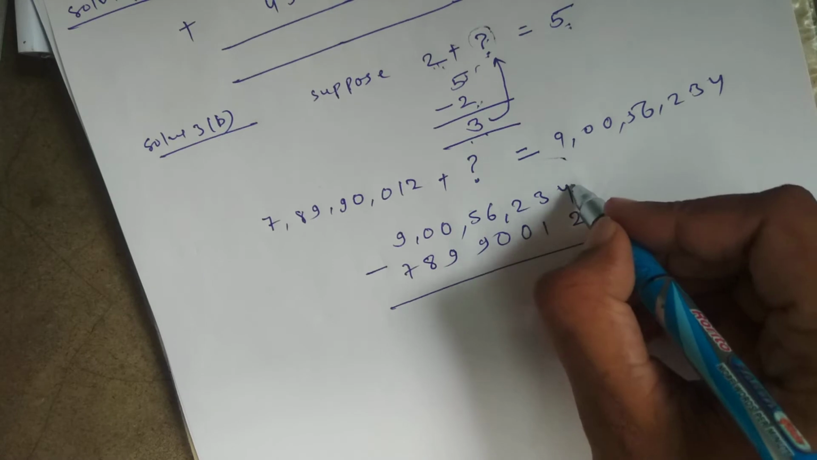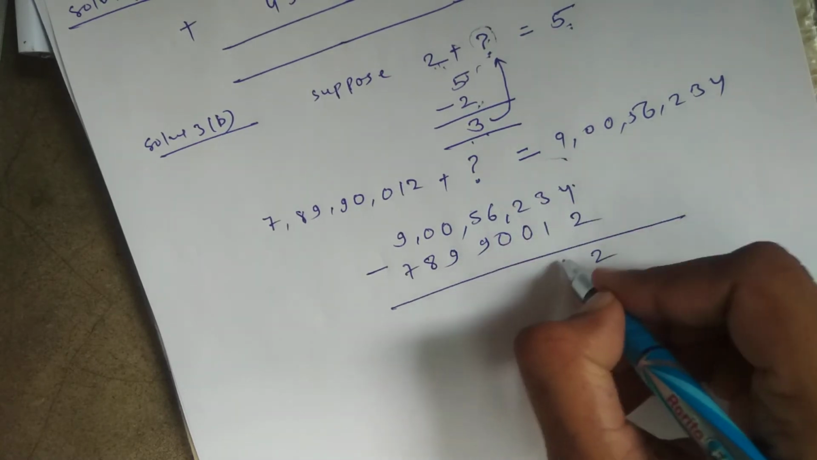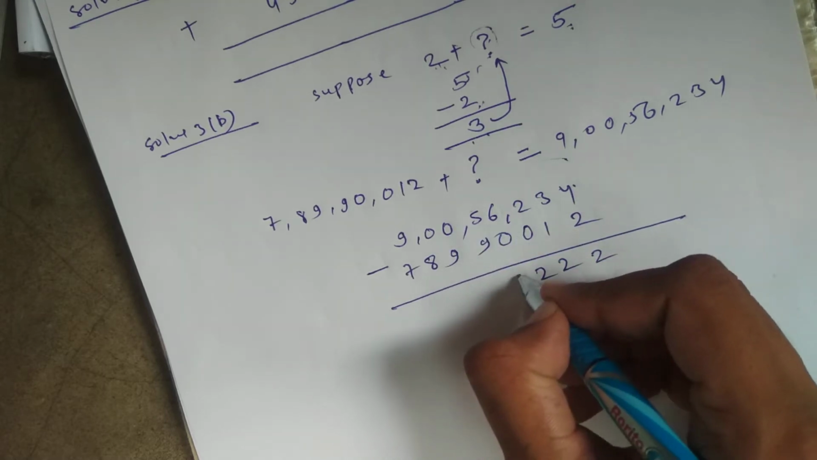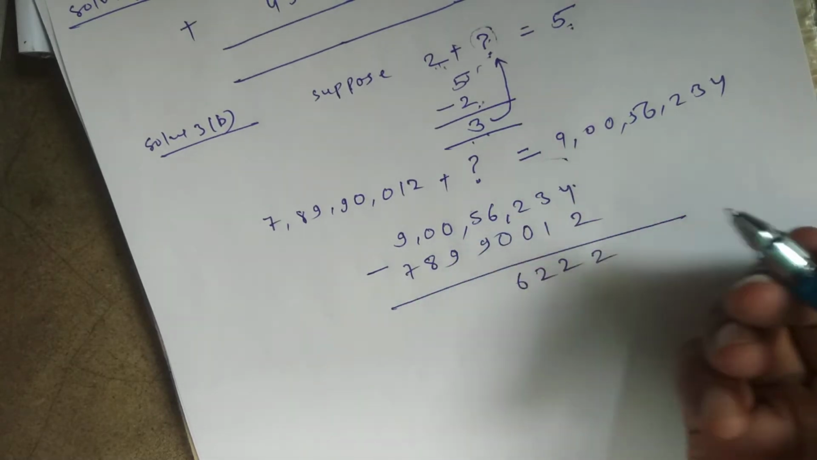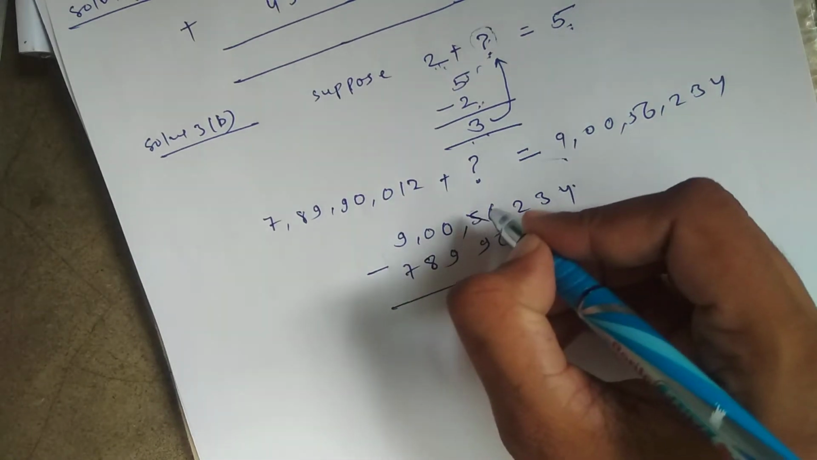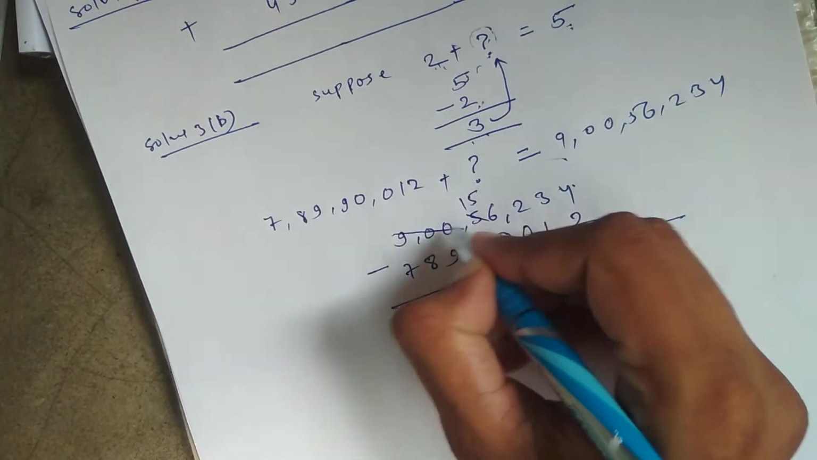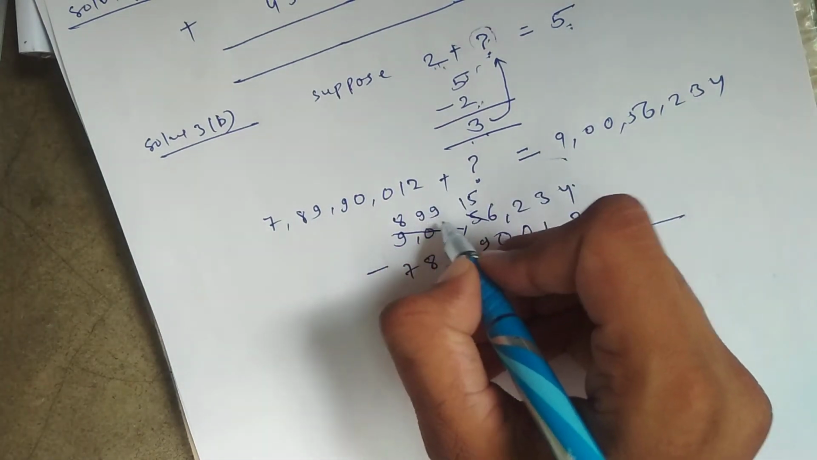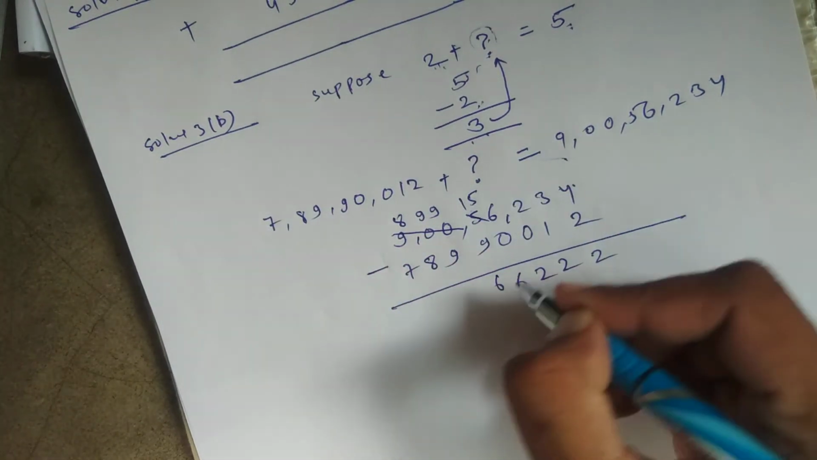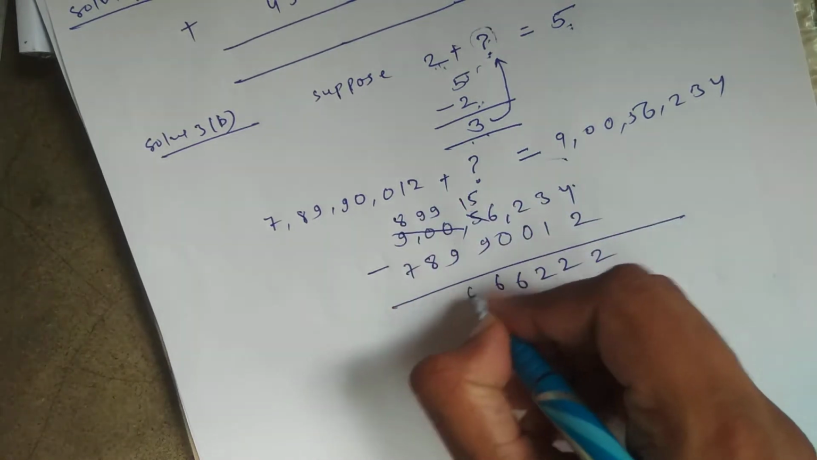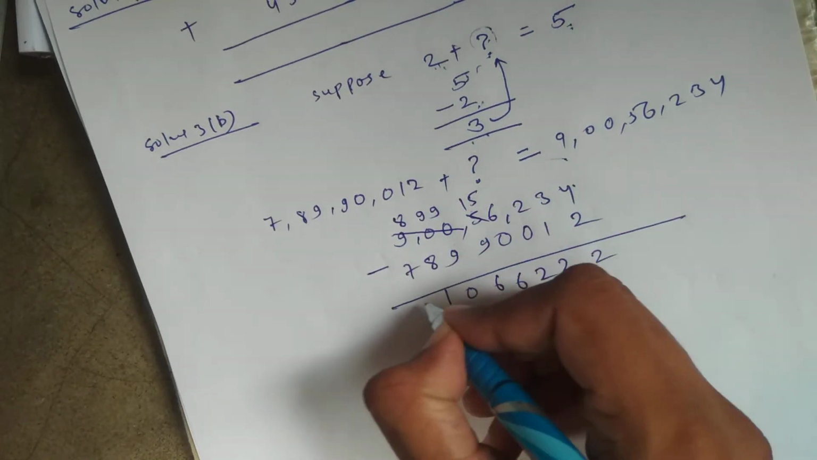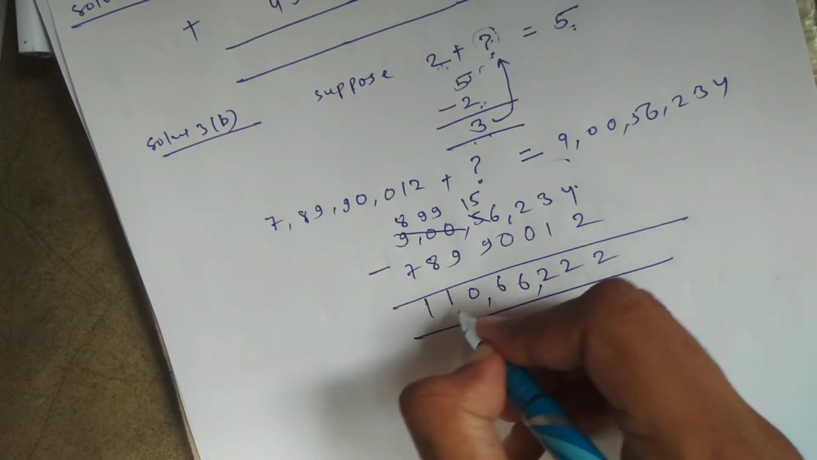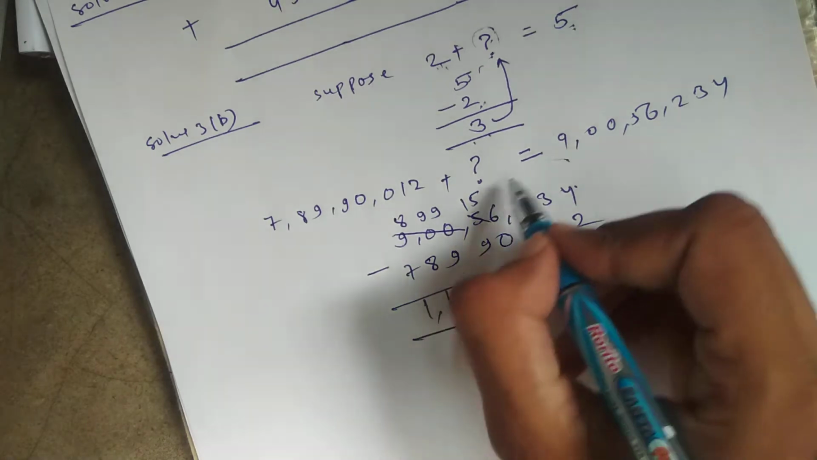So 4 2 3 1 2 2 minus 0 2 6 minus 0 6 5 minus, we cannot subtract, so we will make it 15, and this will become our 899. Okay, 900 will become 899. So 15 minus 9, it will be 6, and 9 minus 9 is 0, 9 minus 8 is 1, 8 minus 7 is 1. Okay, I did not find any problem while solving here, because